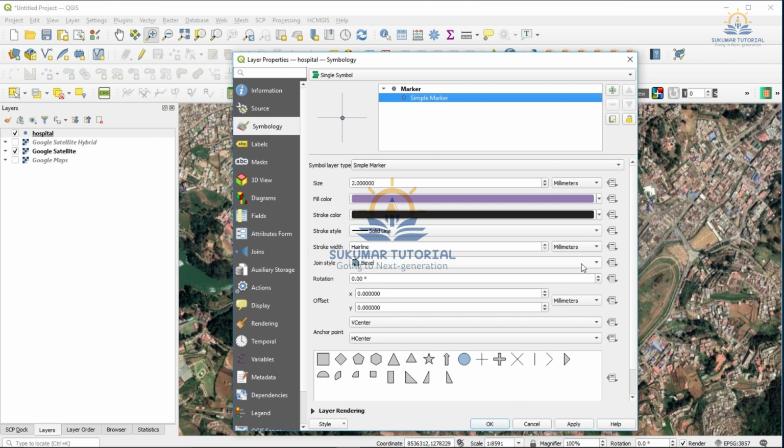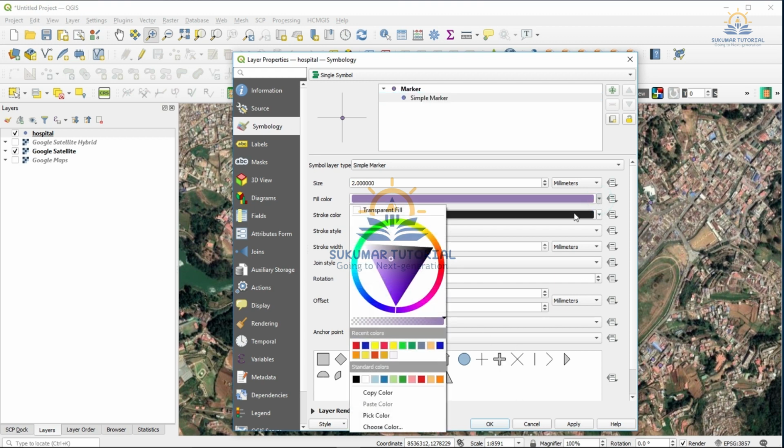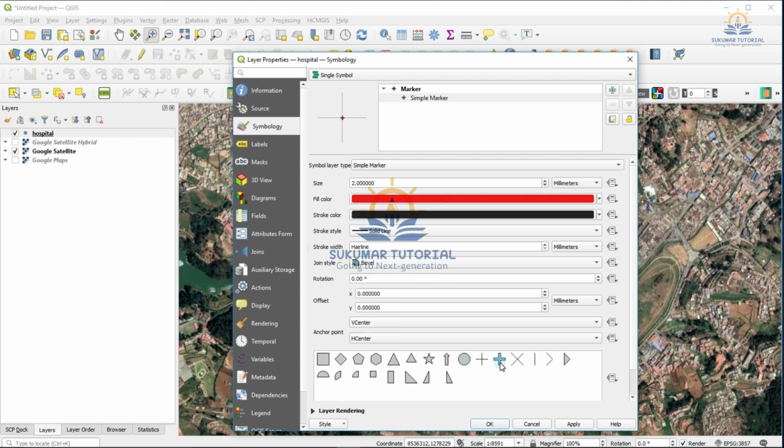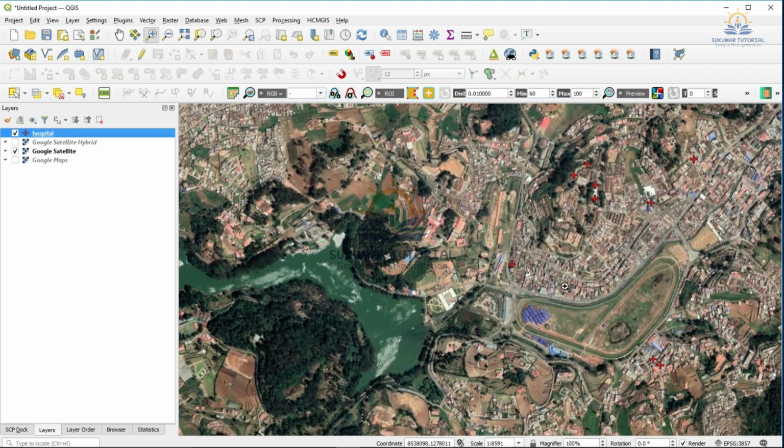Changing the color of the symbol for hospital. Make it red color. Deep red. Select the symbol plus mark. Increase the size by 4 and then apply, say OK.